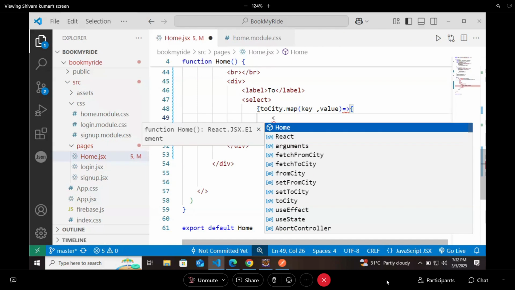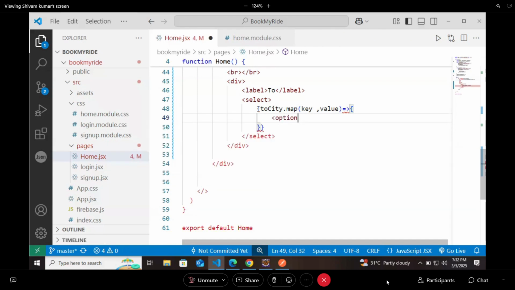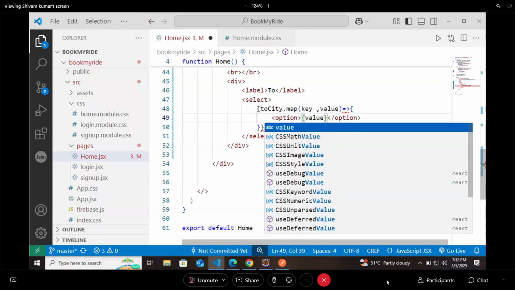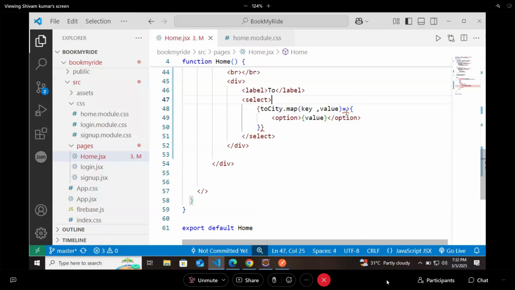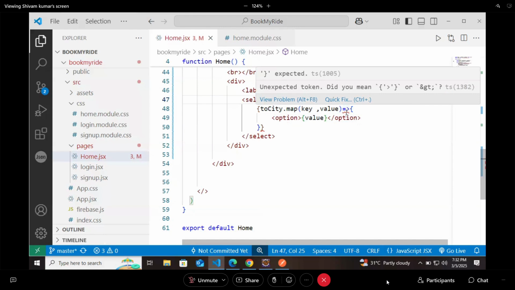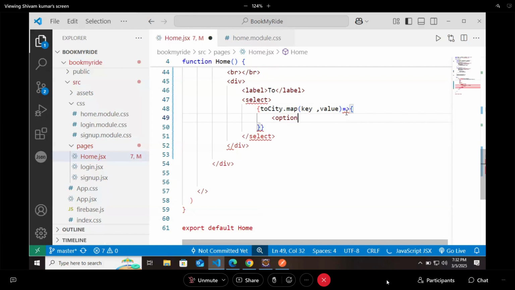There will be an error here in React. It will create an option tag. In the option tag, it will write the value of value. Whenever you are dealing with React, there will be a problem. This is the plain JavaScript, but not the React. So the same code was working there, but here it will be a problem. And the problem is very simple. I'll tell you that whenever you are mapping something in React,